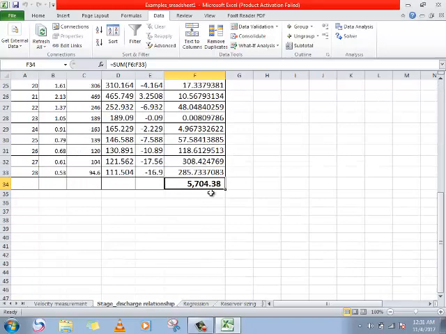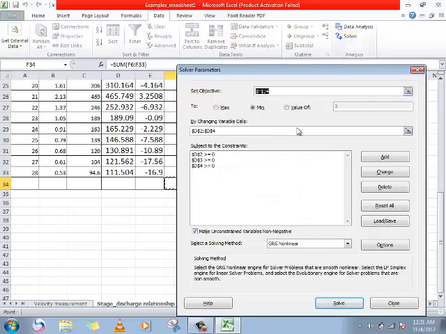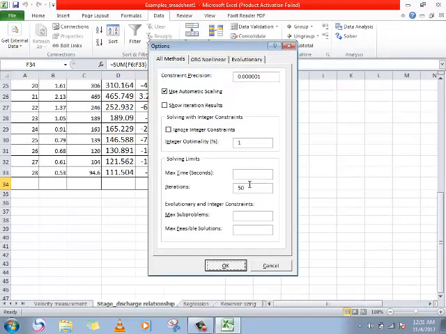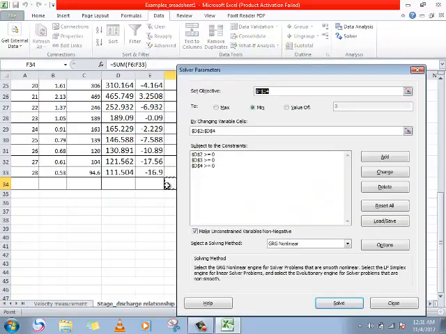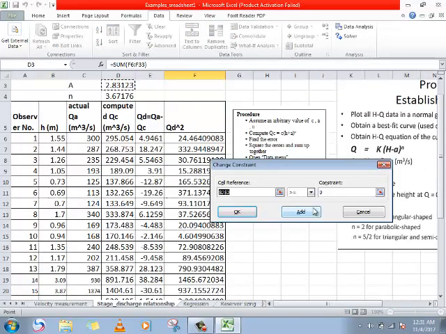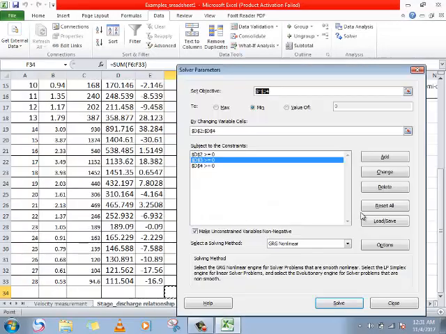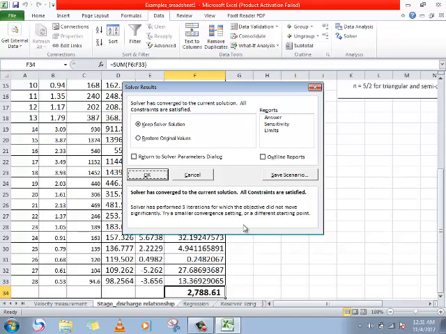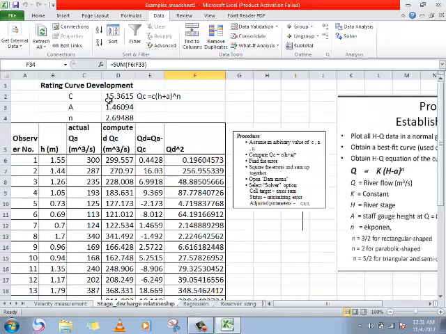But it's not minimum. I can also change the options here, but I can change this value. I think this one is A. Let me change it. This one A can be any number, so I can say cancel, or I can delete. But those also will not be required for the time being. I can say solve. Yeah, now it has solved it.